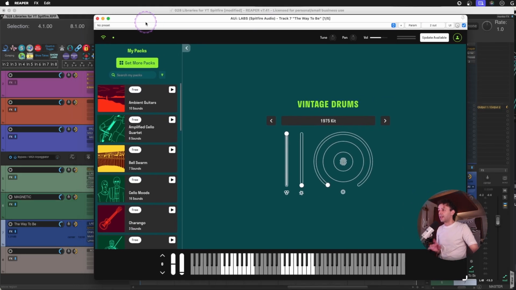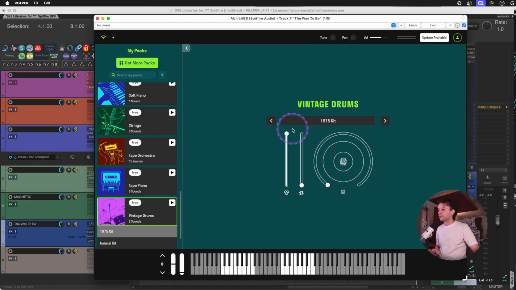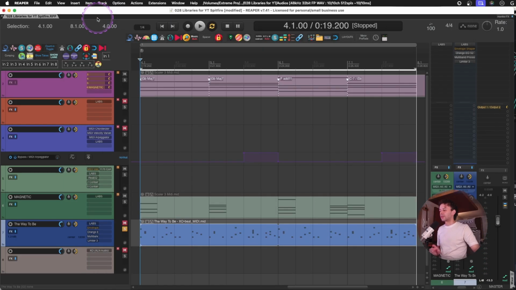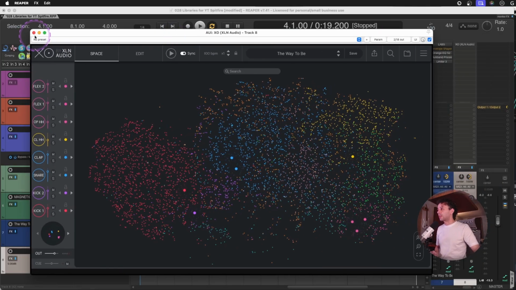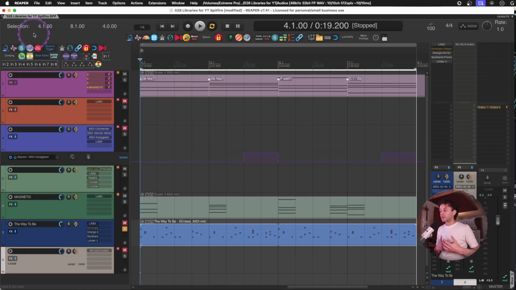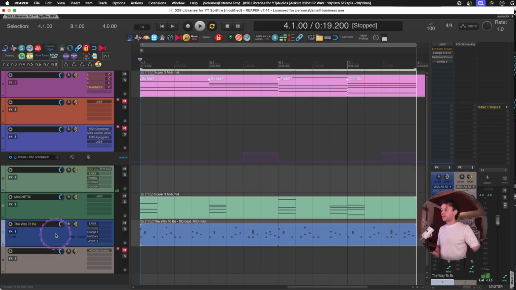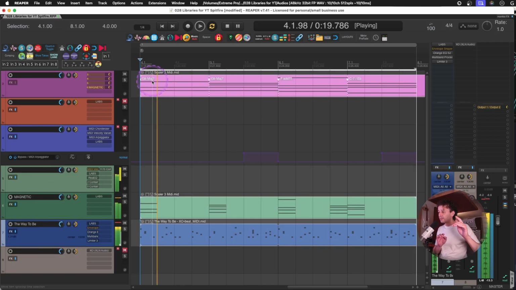And last example of the Labs library, I have the vintage drums. Like, that sounds super good. Like you can make some awesome stuff. I took out the MIDI clip from the library of XO. I know this is a paid plugin, but you probably have some MIDI clips where you have some grooves already set. And now if we listen back to it all together,